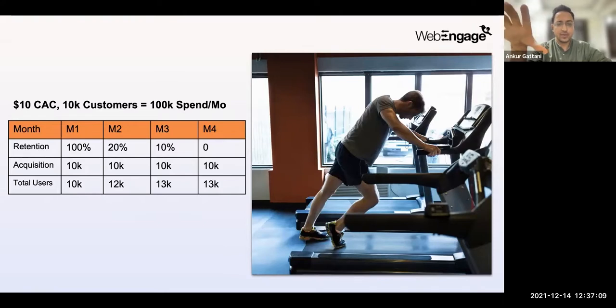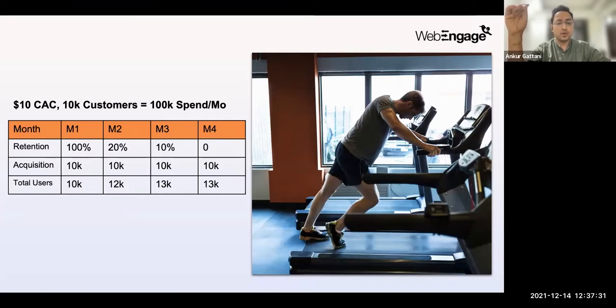And the chart that you have on your screen, just understand the basic structure here. The first month, you had 100% of people transacting. Out of those, in the second month, 20% of them transact. Third month, 10% of them transact. The fourth month, you've lost all the customers that were acquired in the first month. It might sound a little alarming, but that's a reality of a lot of our businesses,